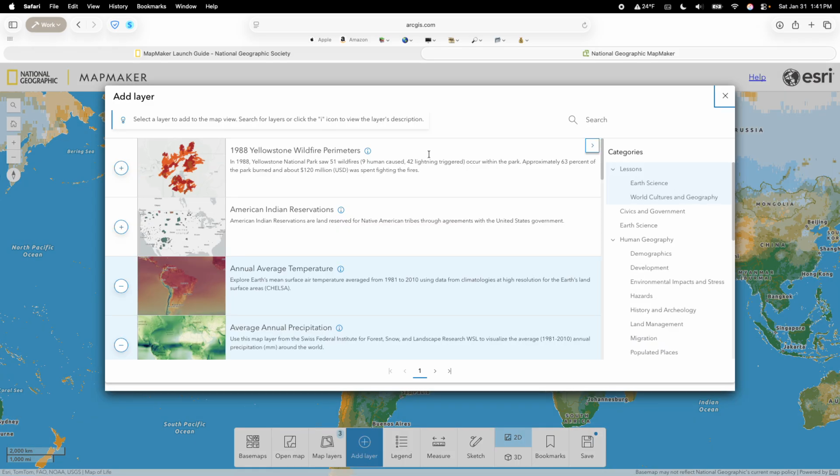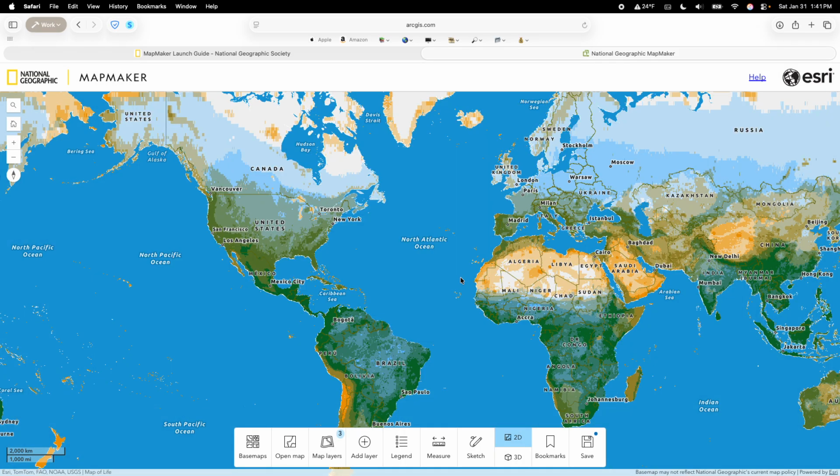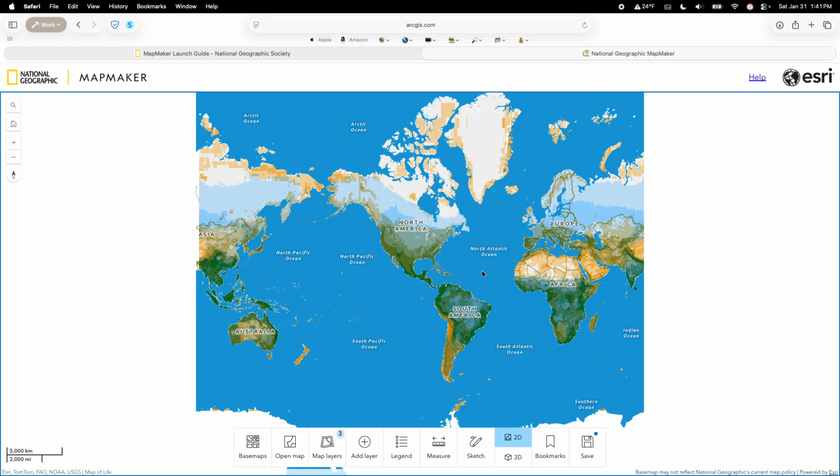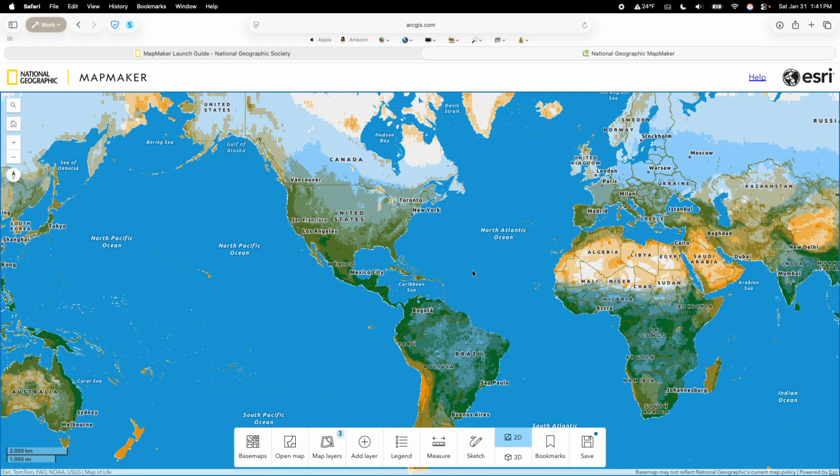They can just hit add layers, they search for the 3 layers that we added, and they're more than free to go ahead and start exploring on their own. So this is a great example of how teachers can use MapMaker, especially considering the low amount of time that you may have, or just wanting to use these tools but not necessarily knowing how to go ahead